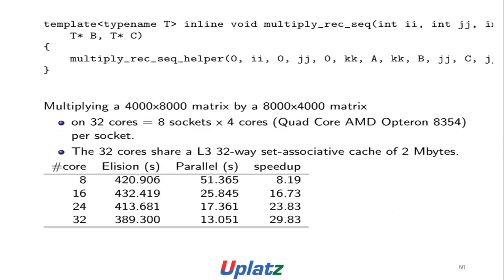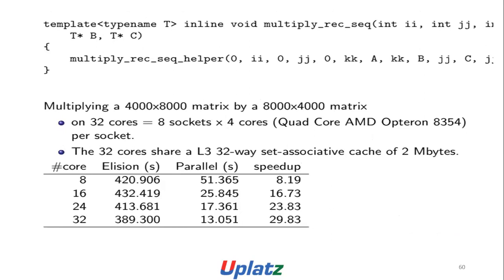Template type name T, inline void multiply recursive sequential, int ii, int jj, int kk, T star A, T star B, T star C, multiply recursive sequential helper 0, ii, 0, jj, 0, kk, A, kk, B, jj, C, jj. Multiply a 4000 by 8000 matrix by an 8000 by 4000 matrix